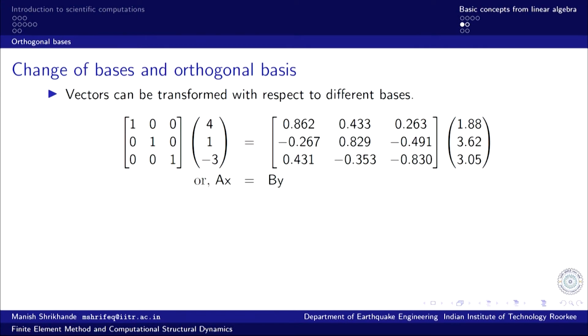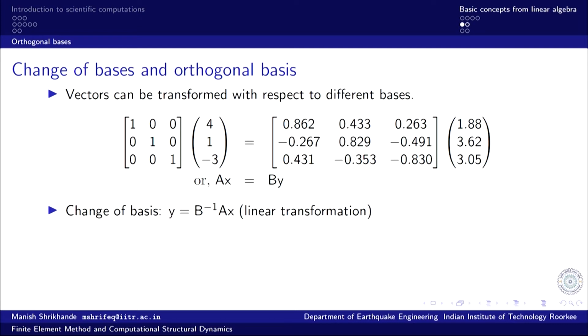and I can have A x. So, A is this matrix and this is the column vector. That represents A x, and A x is again a column vector, that is the position vector, equal to B y, where B is this arrangement of base vectors and y the associated coordinates. So, it also refers to the same position vector, albeit with different bases. So, this is the change of basis.